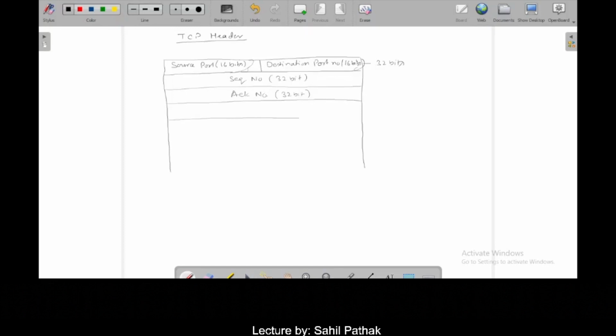Then in the fourth row we have 16-bit of window size, and here we have first 4-bit for header length, then we have 6 bits reserved,